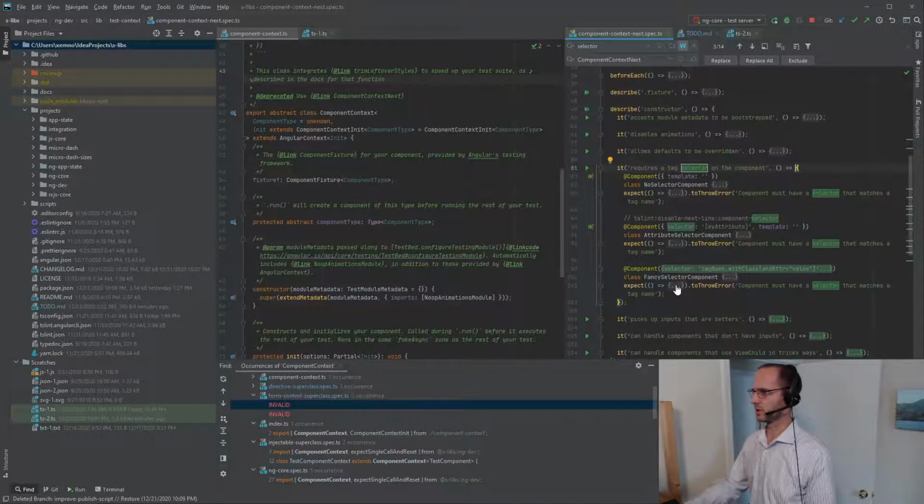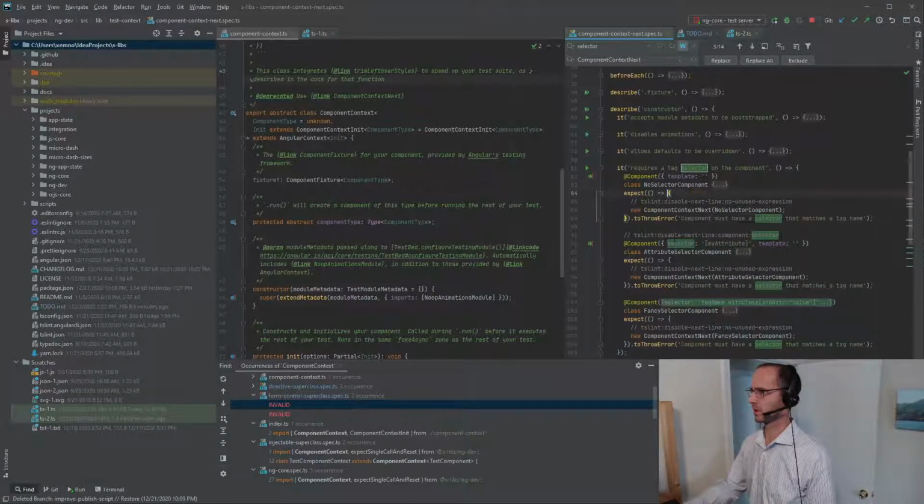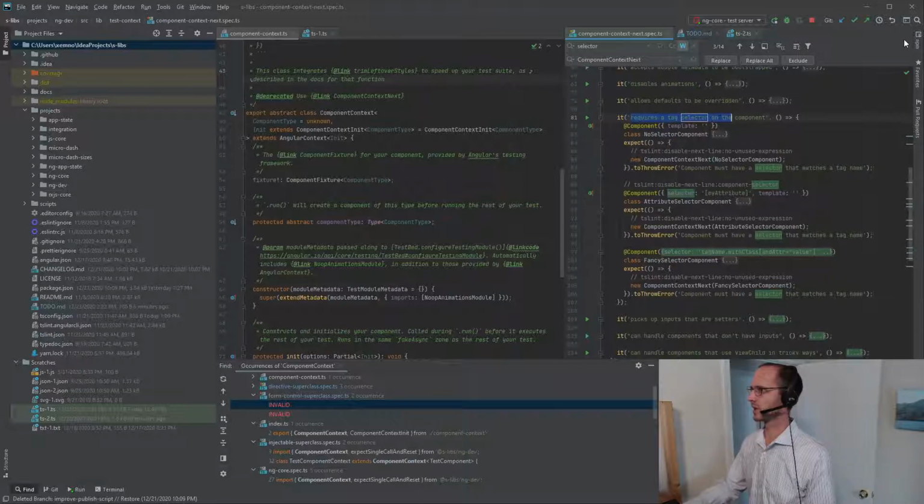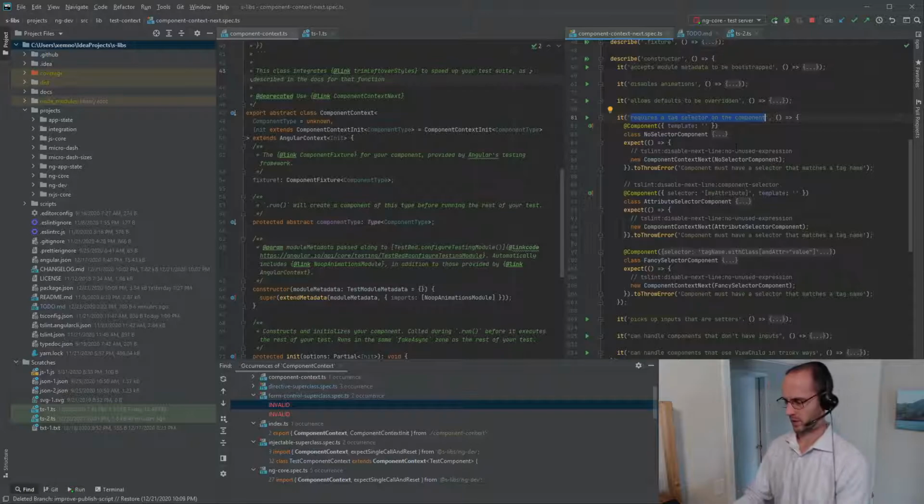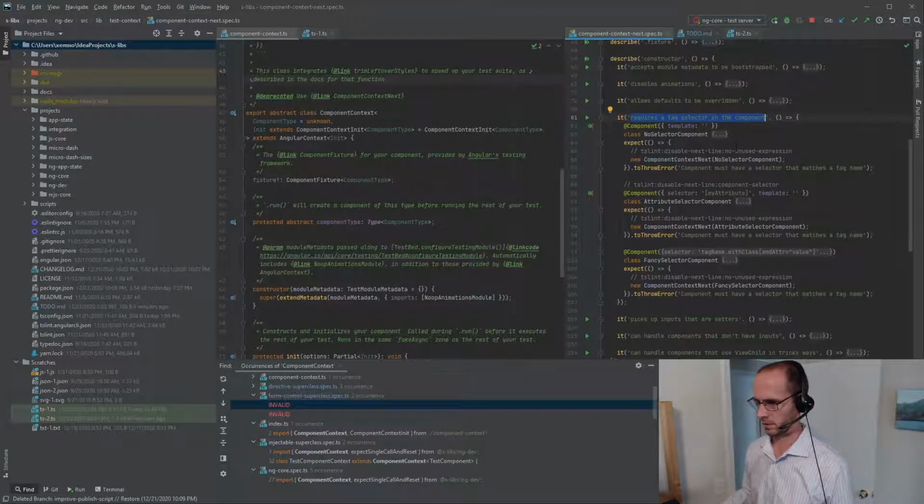I want to change this test up. So instead, now we're going to say it uses the component's selector if it is a tag name,